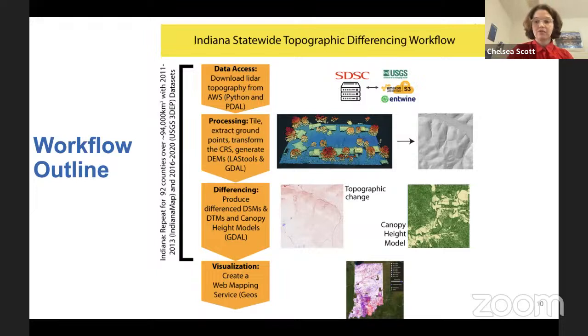The next step was differencing. We produced differenced digital surface models, differenced digital terrain models, as well as canopy height models. And the final step was to produce a visualization. This is a web mapping service that makes it easy to visualize the results.